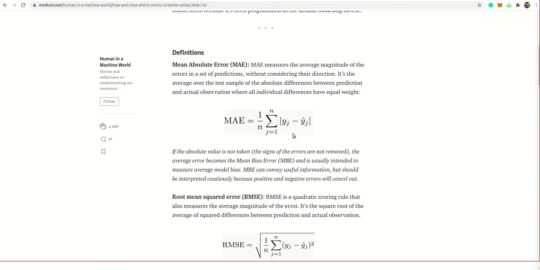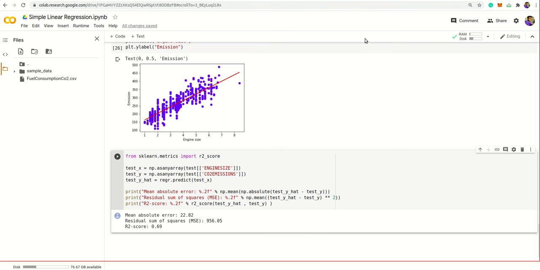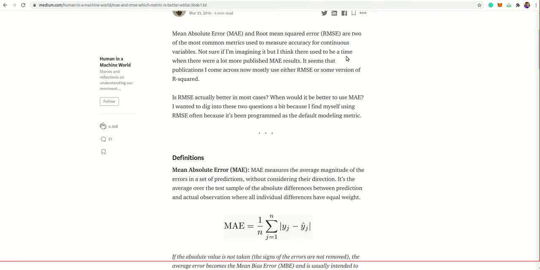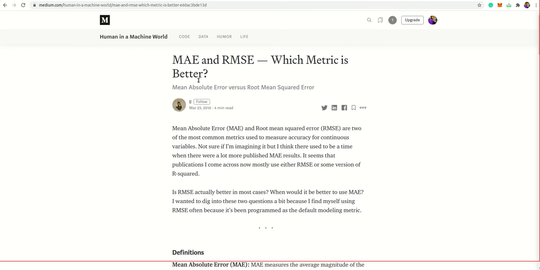Mean absolute error is the sum of all the errors, means this point minus this point, divided by the total number of points. Then mean square error is similar, and root mean square error. You can find this article very useful on which metric is better. I also provide the link of this article.